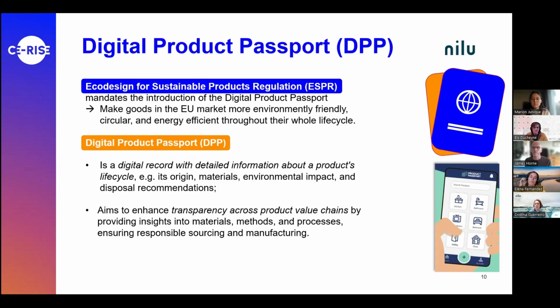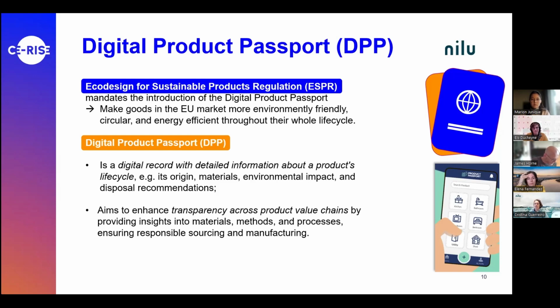A digital product passport is a digital record with detailed information about the product's life cycle, including its origin, composition, for example, in terms of materials or chemicals of concern, and environmental footprint, environmental impact. It enables the exchange of information between actors in the value chain, promoting transparency, sustainability, and the development of circular